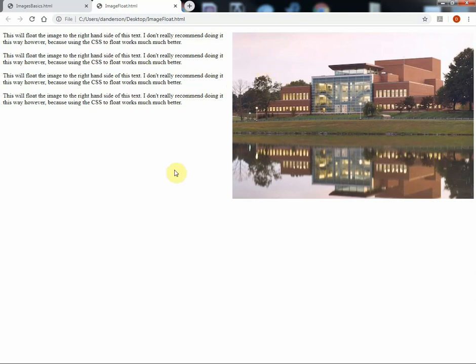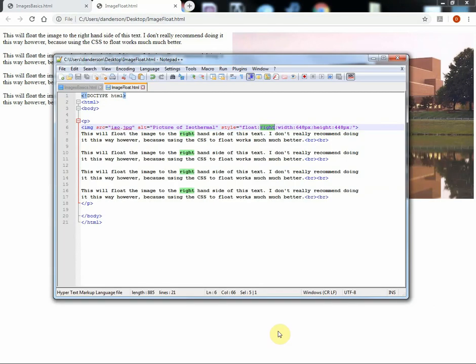Now when this gets more complicated, again, I do recommend using CSS for this because you have a lot more to work with as far as how you float it, how you manage your text, how you want that to appear on the page, and how you deal with the adjusting resolution of different browsers and sizes of browsers. What happens when somebody resizes a browser? Does the image and the corresponding text get longer because now it's closer together? What's going to happen below it, and so forth? So at that point you really want to move to CSS,